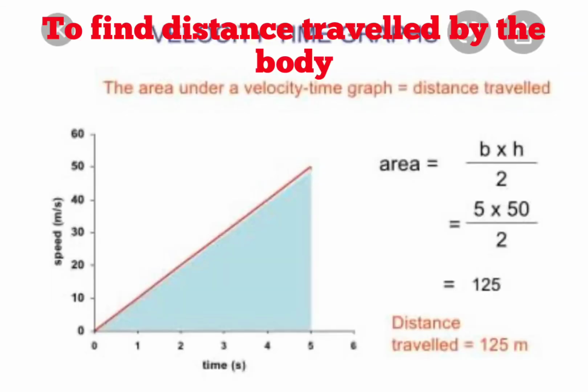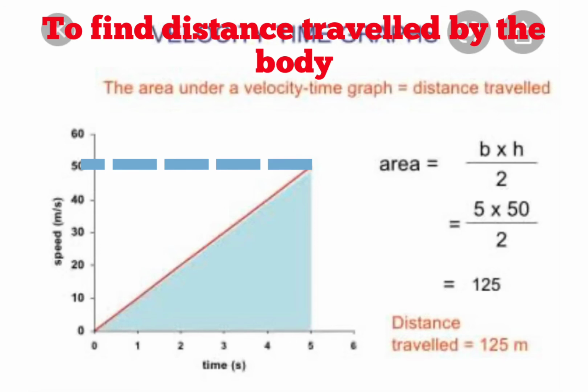The second use of velocity versus time graph is to find the distance travelled by the body. Here you can see that velocity versus time graph of a body is shown, and it is a graph with uniform acceleration. Now, how to find the distance travelled by the body with the help of this graph? For this, first of all, draw a straight line from the end of the graph to y-axis. You can see that it intersects at 50. Now, what is formed here? A rectangle is formed, and from the figure it is very much clear that the area covered by the graph is half of the rectangle. So, what you have to do? You have to find the area of the rectangle and divide it by 2.